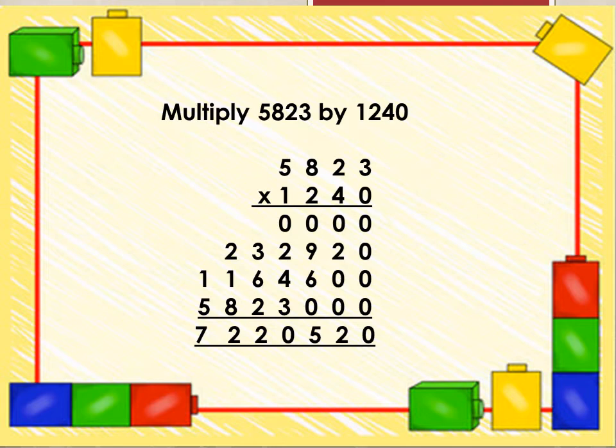In the second step, when we multiply by 4, let's see: 4 threes are 12, 2, 1 will be carried, 4 twos are 8 and 1, 9, 4 eights are 32, 3 will be carried, 4 fives are 20 and 3, 23. Similarly, in the third and fourth steps, by blocking the ones and tens place in the third step and the ones, tens and hundreds place in the fourth step with 0, we multiply the numbers by 2 and 1, and after that all 4 steps will be added.